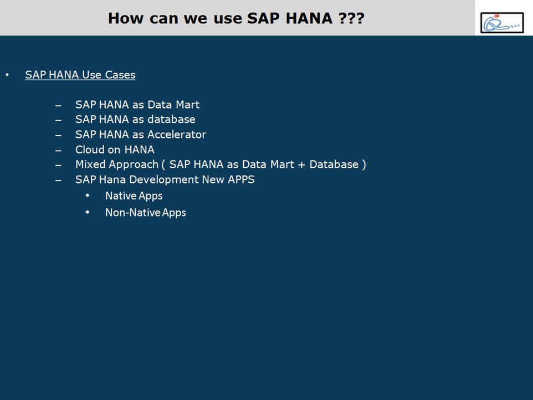HANA is not a sophisticated enterprise warehouse solution. It's a database solution, a solution towards in-memory database. BW is a solution towards enterprise data warehouse. So HANA will not replace BW. HANA will just power BW. Getting what I'm saying? In real time, they want to use both capabilities. So they would have BW powered by HANA, and they use the same HANA database for data marting also. So you'll see products coming out with a mixed approach a lot, using HANA as the database for BW and also as a mixed approach. Clear?